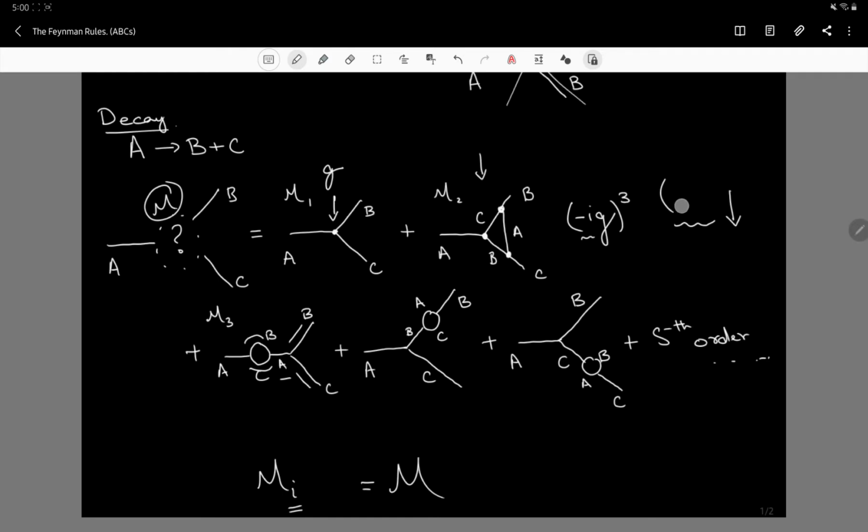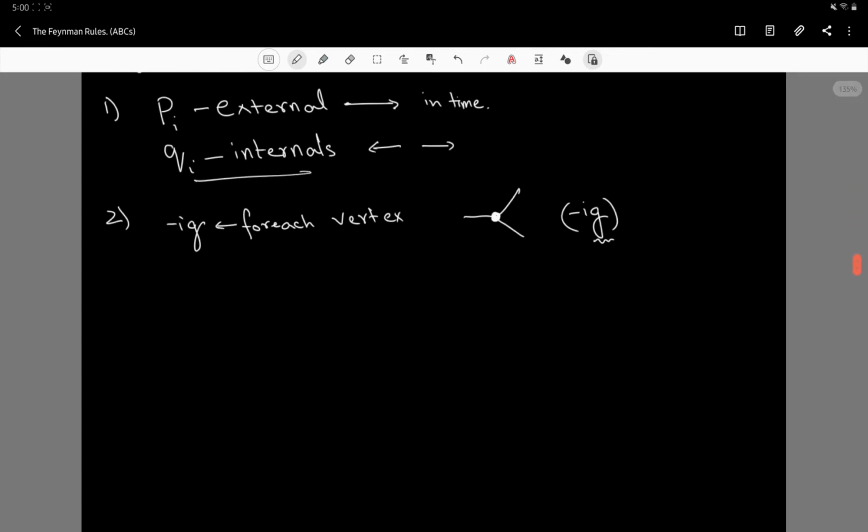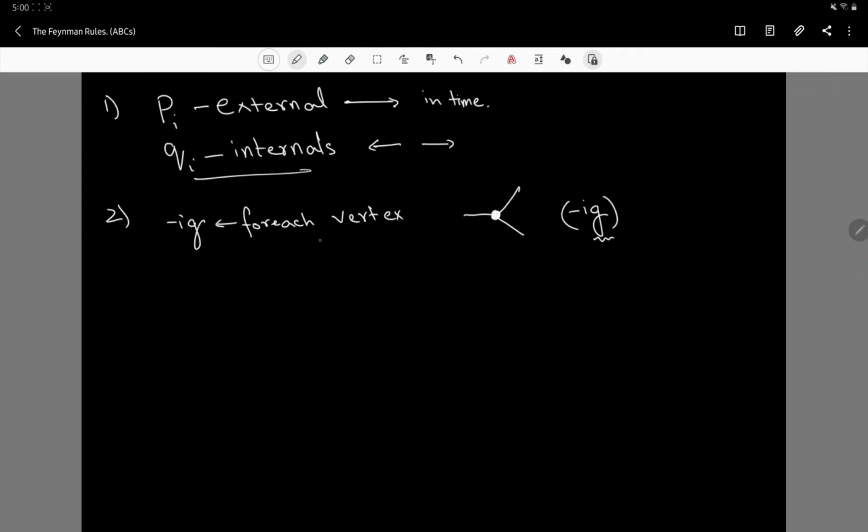And that is the reason why tree level diagrams are, well, I should not get rid of that. Okay. That is the reason that the tree level diagram has the most amount of contribution, right? So a diagram with the least amount of vertices contributes the most to your process, right? Okay, so with that out of the way, and that was a very important thing, by the way, we can continue where we talked about this negative iota g is associated to each vertex, right? Moving on to rule number 3, for each internal line,